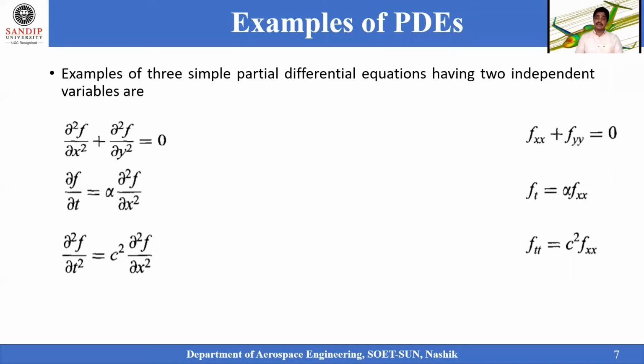In the case of dou square f by dou x dou y, we will be writing it as fxy. This type of representation we can also use in our partial differential equation. So the function variable or the differential format can be written in the form of fxx and fyy. Now we are very eager to know what exactly this equation is.